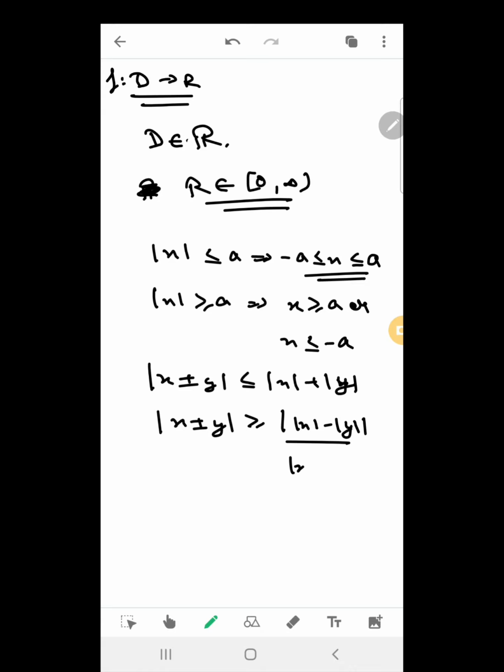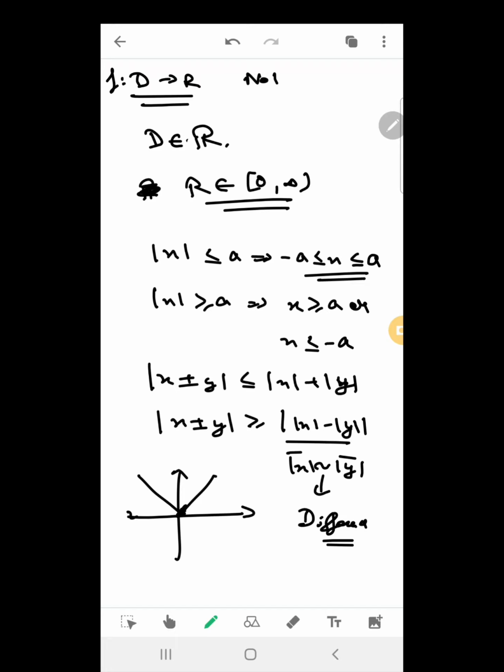You can also write this like this. This is the difference symbol. Difference symbol means that whichever is greater between these two, the other one will be subtracted from it. I mean, if you have a difference symbol between two numbers, always the smaller one will be subtracted from the greater one. Got it? So these are the properties of the modulus function. Clear? So the basic graph of the modulus function is given like this. You can graph it on your own. One kink at x equals 0.